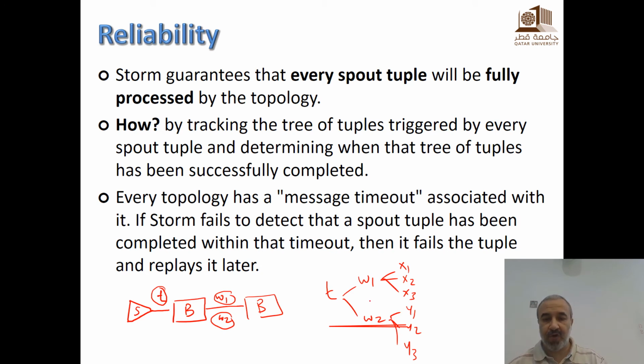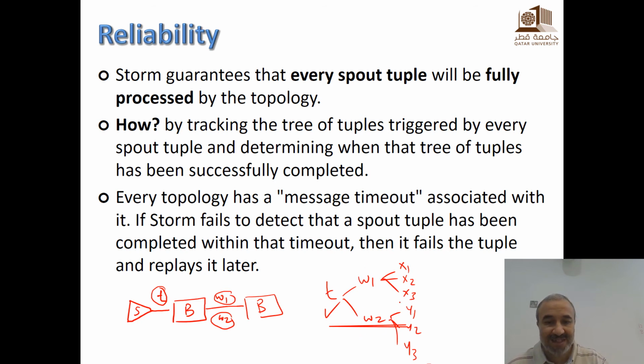Okay? Let's say that this is the end of the topology. If all of these are generated fully and completed the processing, then this tuple is done. How does Storm track this?